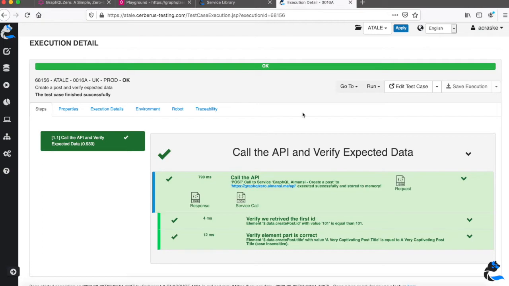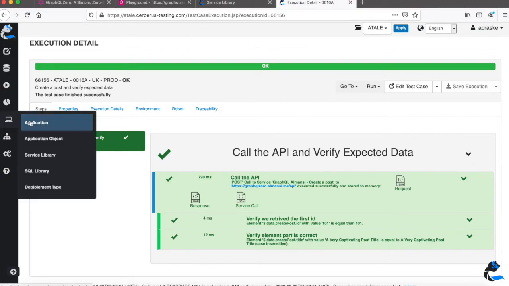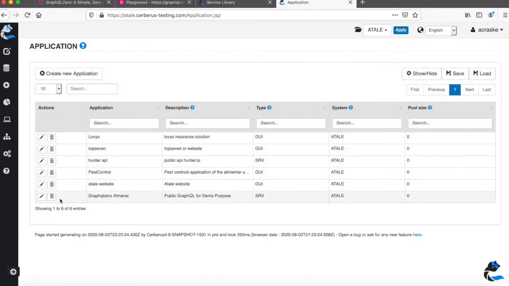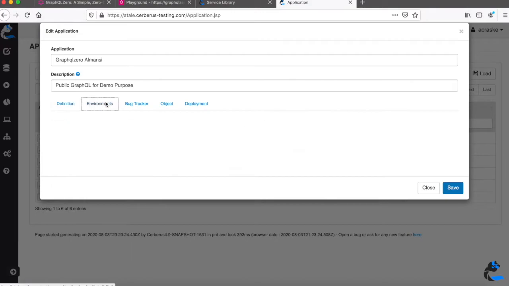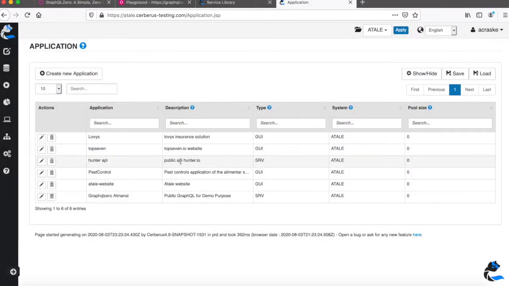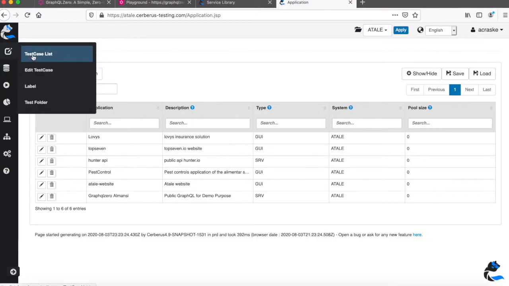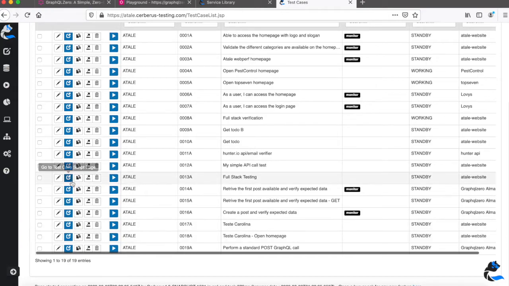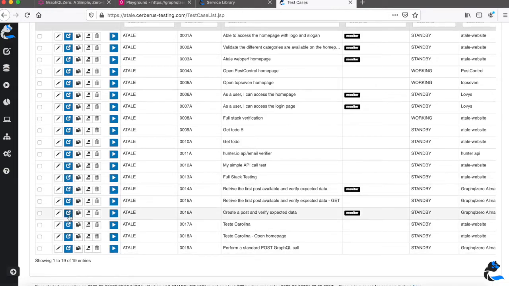So the first thing you can do leveraging Cerberus is that you can verify, for example, that your application is defined for a different environment. So this is what I will check here. For example, here the application is defined in different environments, and this is what is allowing me to really go and take the exact same test case that we were executing.